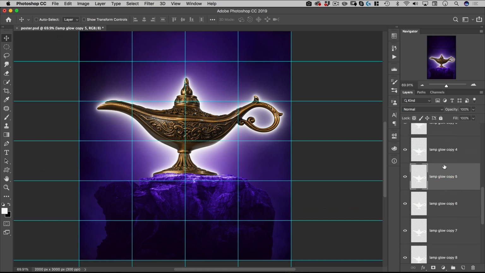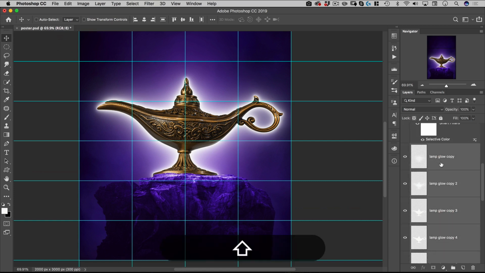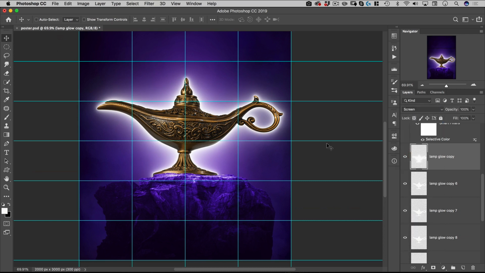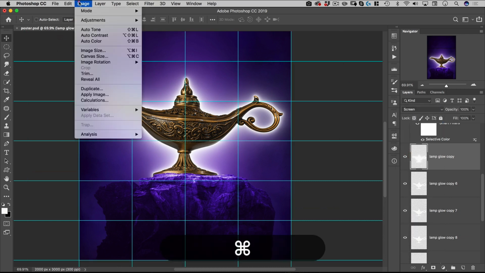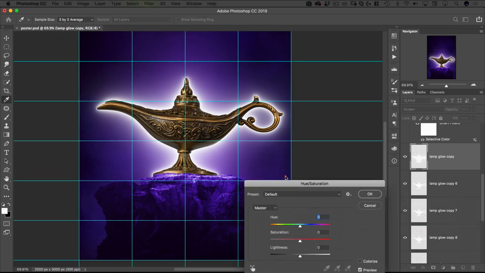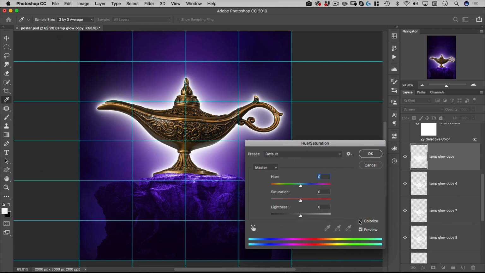So from this all the way to the 100, and I'm going to do Command E so that they're all one layer. I'm going to put those on screen, and then do Command U, or Image Adjustments, Hue Saturation. And what I want to do here is click on the Colorize down here, put the saturation to 100, and you can see the bottom bar here shows you the color. So I'm going to drag this to get kind of a nice purpley color that matches this,